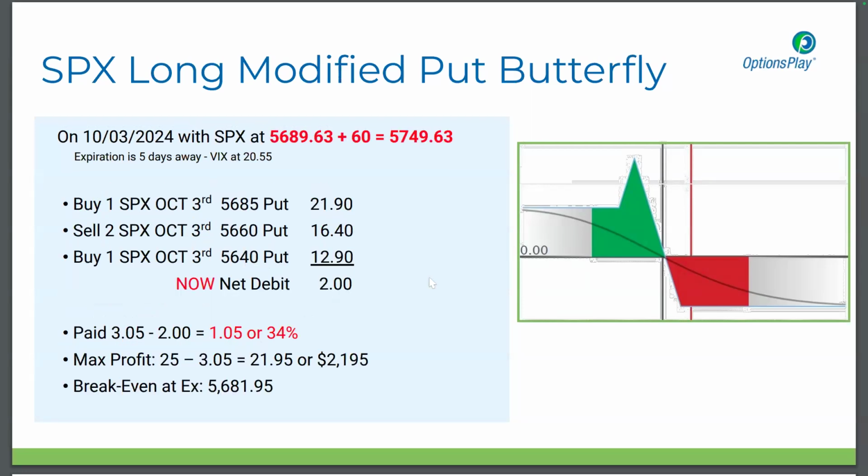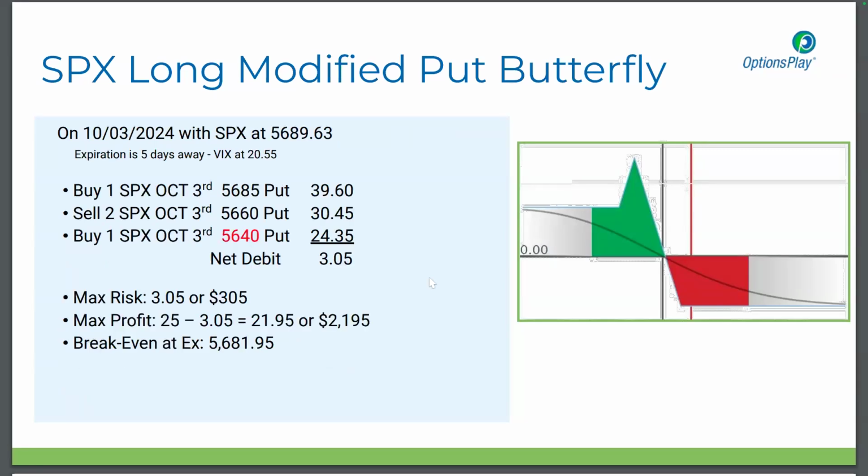So, everybody know what to do if the market goes down in this instance, right? That's simple. If the market goes down to 5660 and the market was at 5689, well, I want to get out of this trade. And I do want to emphasize this before I move on to the next point: if I'm putting this on for $3, I'm not thinking I'm going to make $22 on this trade. And if you do, which I've always used this phrase, you should get the stupid award for doing that, because you should have been out of the trade a lot sooner.